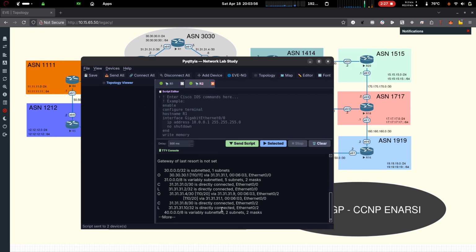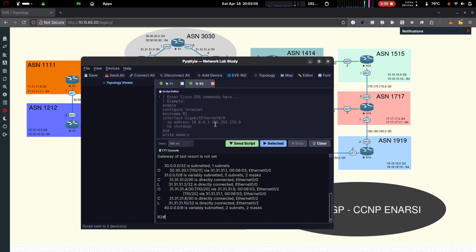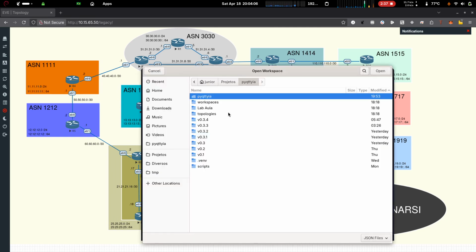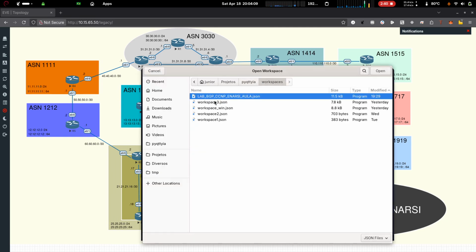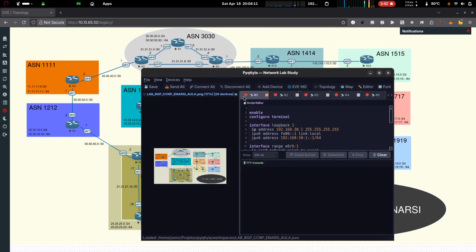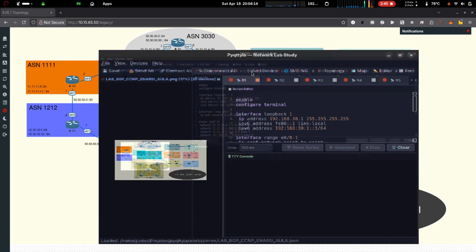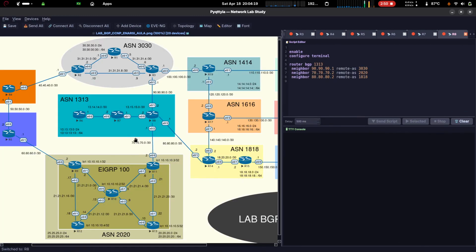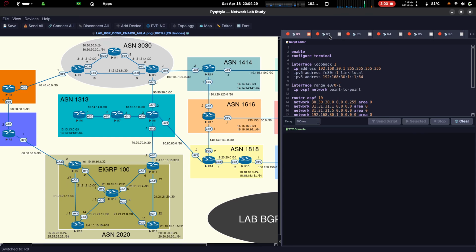Okay. I'm going to load all the routers that are already in today's workspace. I'll load it to explain better. So here in today's workspace, I'll double click to maximize. Adjust here, double click here, alright. So here I already have all the routers. If I scroll the mouse wheel, I can see that each one has its own script, right? And if I click on it here, it links me to the corresponding router, right?